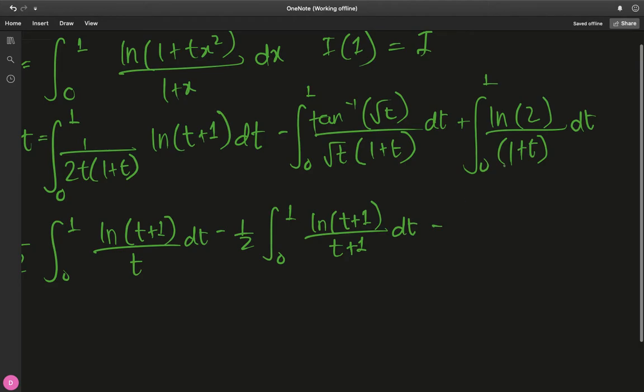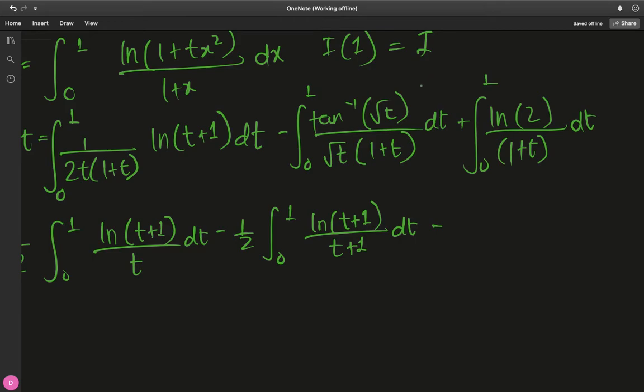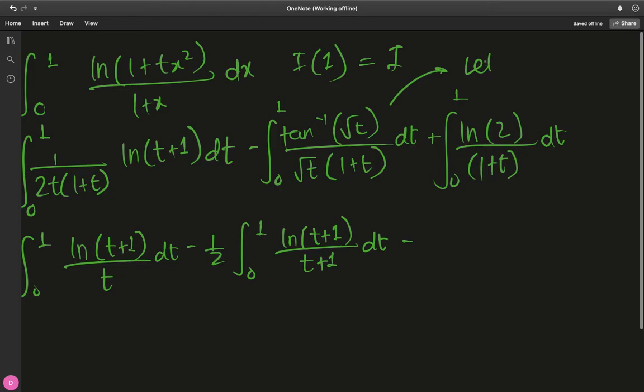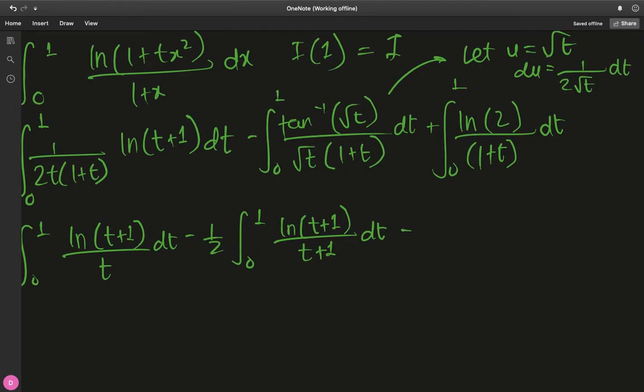minus, on the second integral. Why not make a substitution, because we have a square root of t many places. So let u equals square root of t such that du is nothing but 1 over 2 times square root of t dt. So this just becomes, and the upper and lower bounds remain the same. That's a great thing. Integral from 0 to 1 of